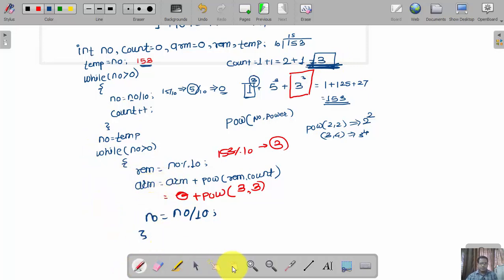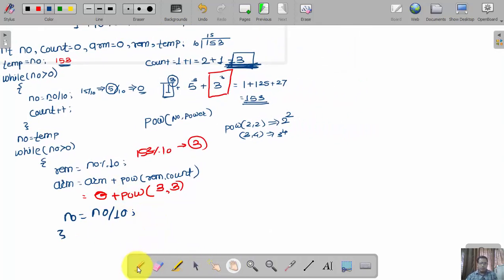So first, the input number. Say here the count value, meaning when we enter inside this loop at this moment, the count value is 3, and the value of number is 153. So let's go with the first execution. Which variable have we used? My first variable is REM. So REM is equal to number mod 10. So 153 mod 10, the obtained result is 3.